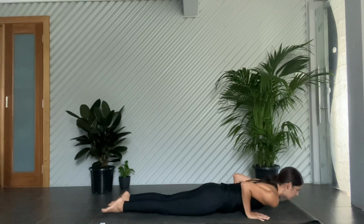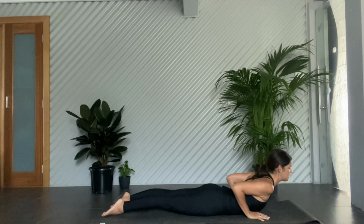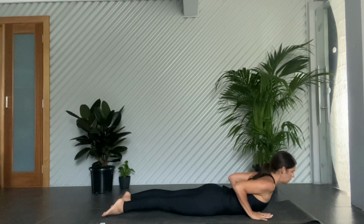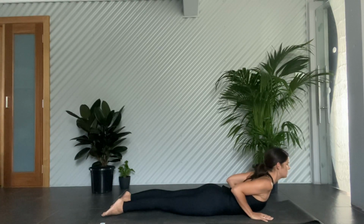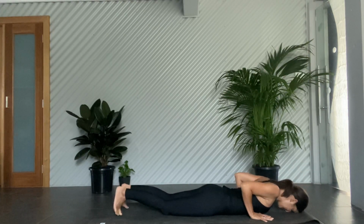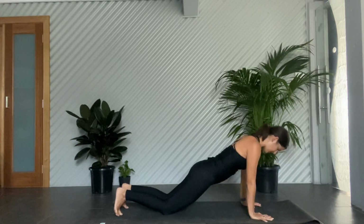Inhale, cobra pose, tops of feet pressing down, squeezing the thighs, the kneecaps lift up. There's no real weight through the hands. We're using the back muscles to open through the front body. Draw the belly in. As you exhale, folding forward toward the floor, releasing, tucking the toes, everybody pressing back through